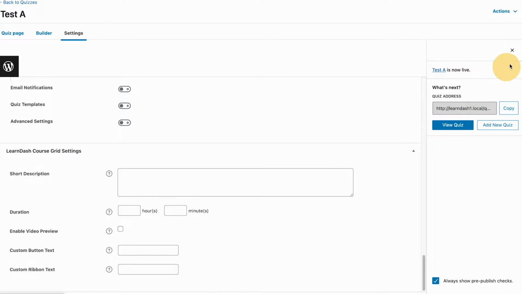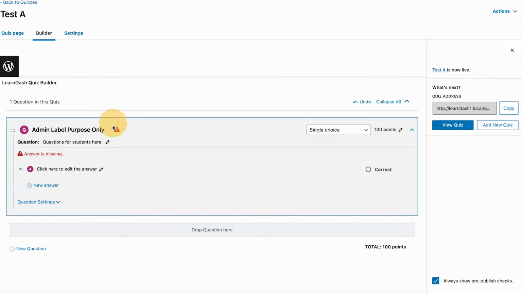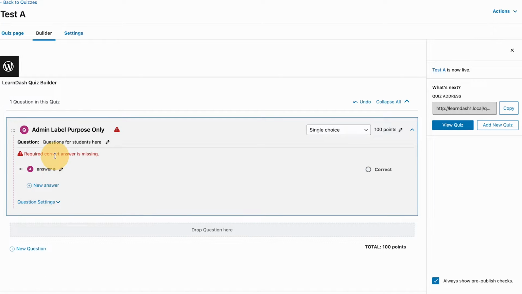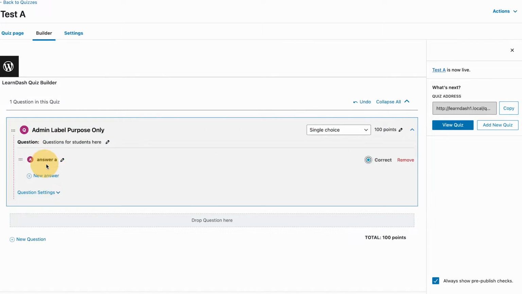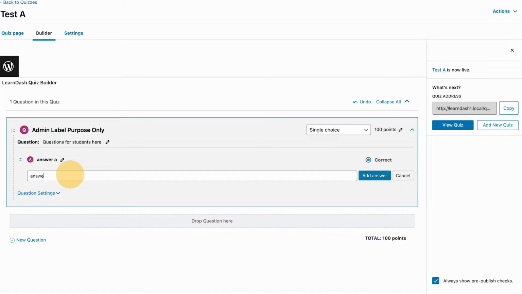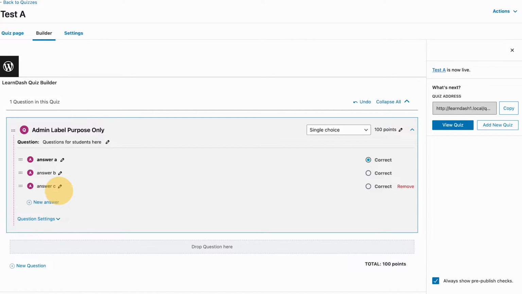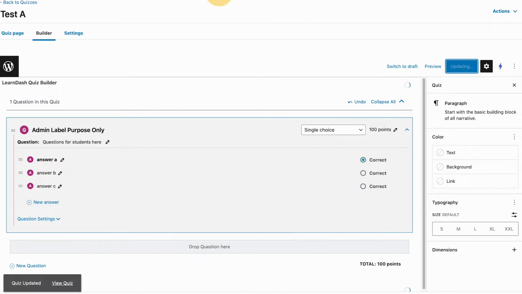Now let me just add a quiz question here so that we see how this works. So it says answer is missing. So I'm just going to do answer A. And then it says required correct answer is missing. So you need to set which answer is correct. So if I click this, that message is gone. But of course, we want to give them more options so that they can select and see if they understand what the question is. So if I update this,